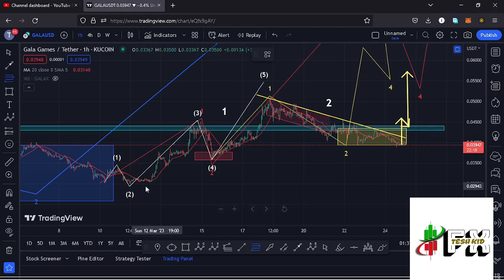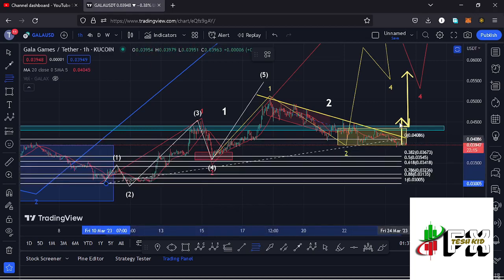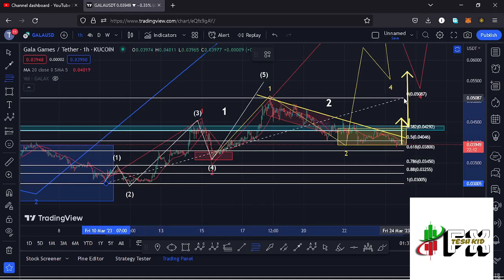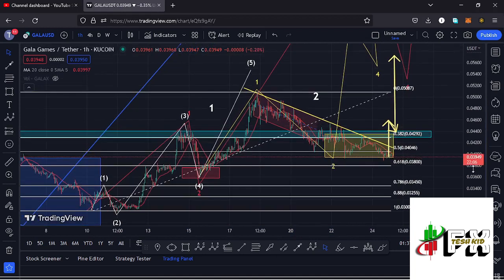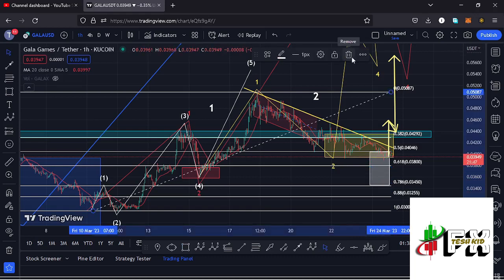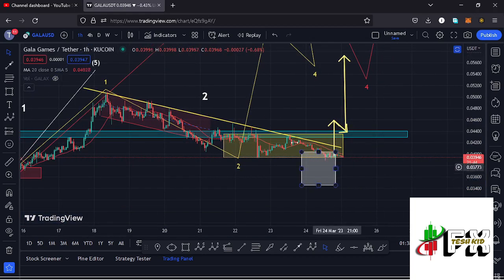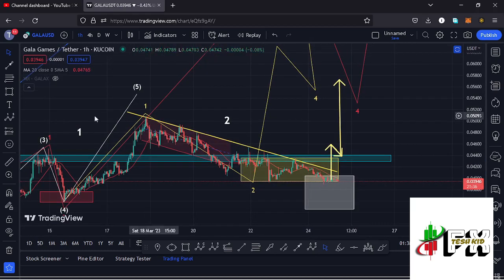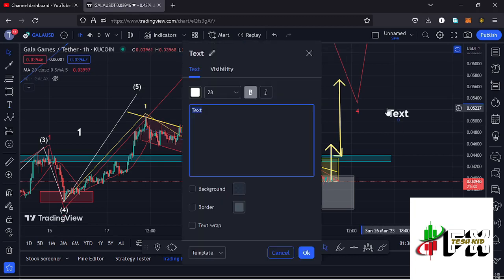We can connect the Fibonacci's from the low of the first wave down there to the high at around the $0.05087 mark, and that now gives me a minimum target area to the lower side in the formation of that wave 2 between the Fib level 0.5 and the Fib level 0.78, which is a target area that lies between the $0.0446 mark and the $0.0345 mark, and that is the minimum that we can expect Gala Games to do in the alternative scenario, where once we see one more leg down in the formation of this wave 2 within this white target area down here, then we can expect our reversal to the upper side in the formation of these larger Elliott wave count 3 to the upper side.